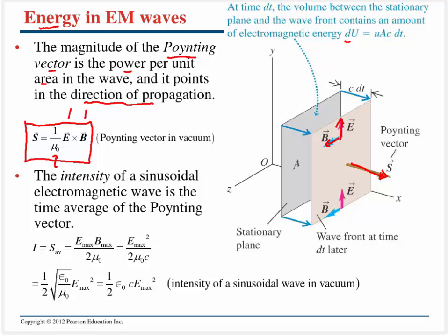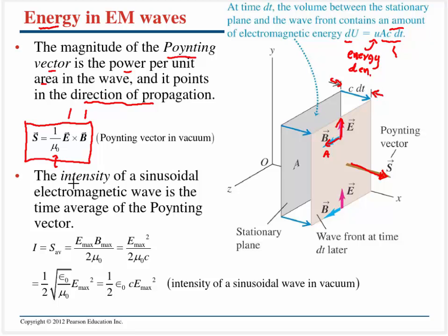Now, how much energy is going to depend on an energy density, which is an energy per unit volume. And this little section right here represents a volume in space. It's going to be the area of, say, the laser beam, and then the c dt, which is going to be